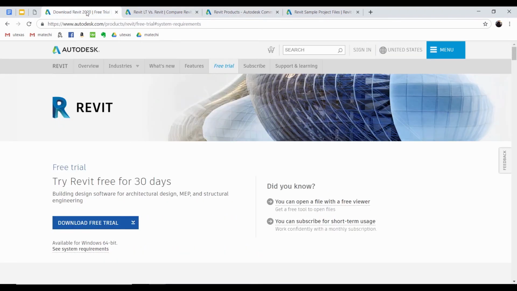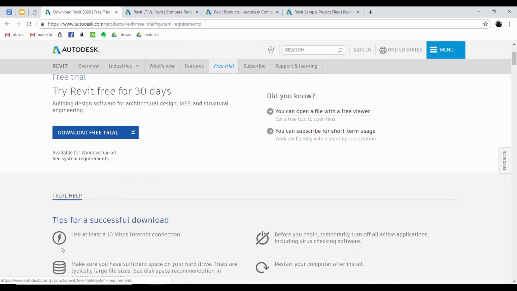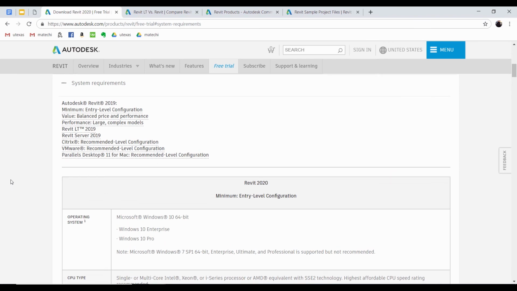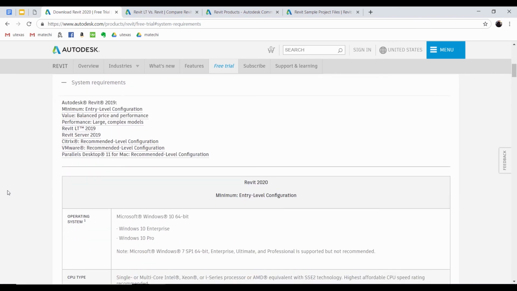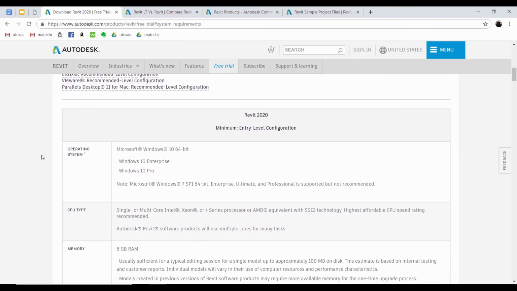When you go to download Revit, first make sure that you have the appropriate system requirements. It's outlined here on this page, and of course, if you want to work in the most recent version of Revit, or Revit 2020 as of now, you would likely want to use Windows 10.